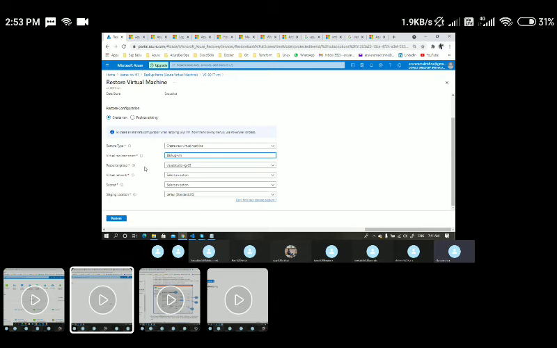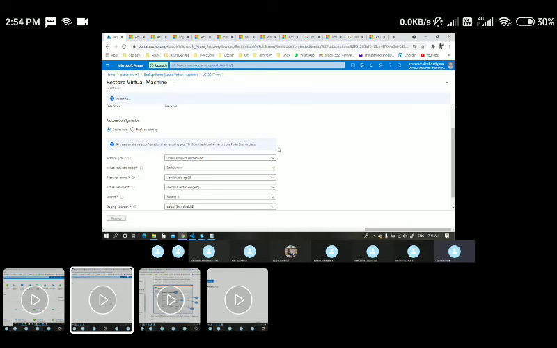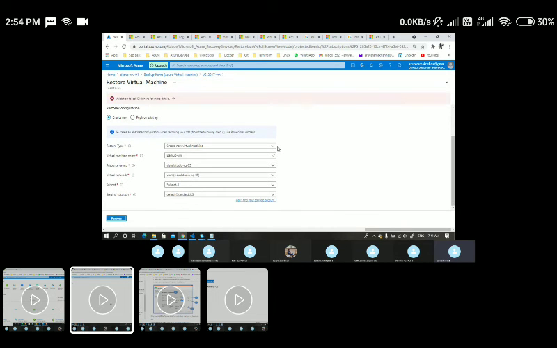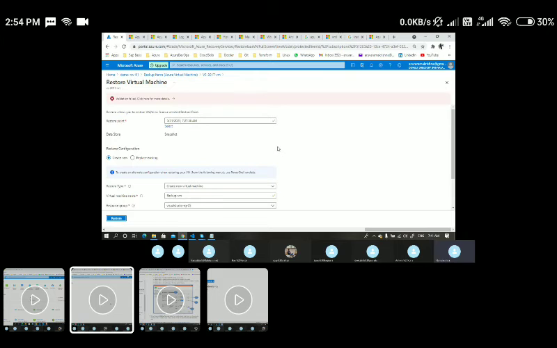And by default, we'll be creating within the same resource group, and I have to choose the network. I think this is the network, not the one. This is the network, Visual Studio or JS. And by default, whatever subnets you have, we can choose the subnets. And the default staging location comes as a standard location, and click on restore. So now it is going to create a new VM. And here I have a failure notification here.